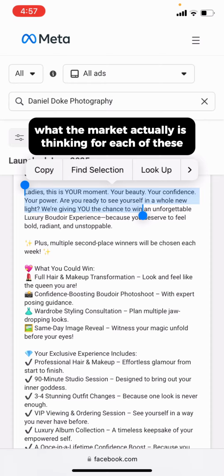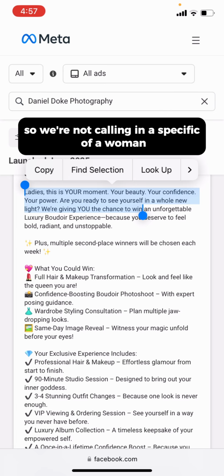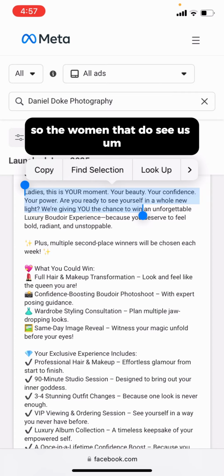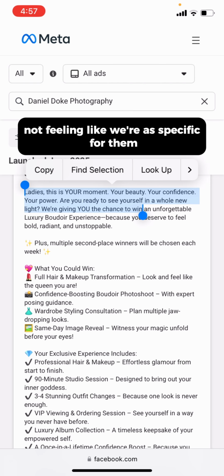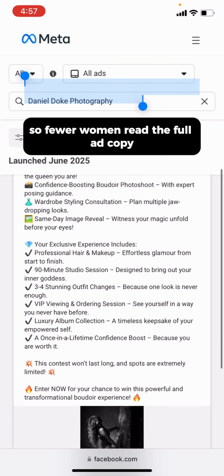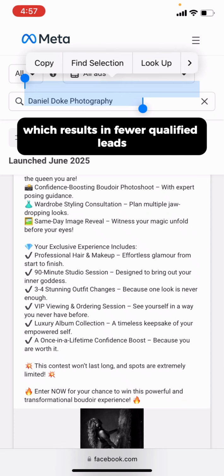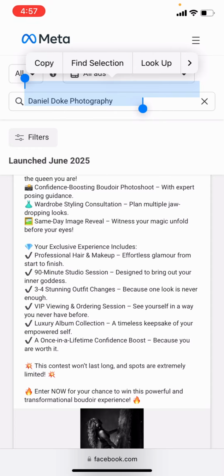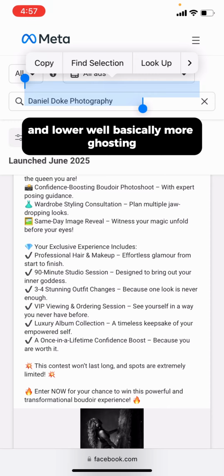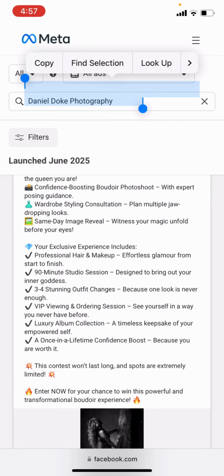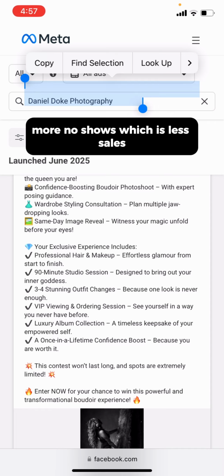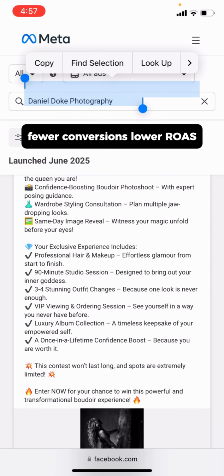The data tells us what the market actually is thinking for each of these. So if we're missing that, we're not calling in as specific of a woman. So the women that do see us are not feeling like we're as specific for them. So fewer women read the full ad copy, fewer women become pre-qualified, which results in fewer qualified leads, fewer qualified appointments, and basically more ghosting, more price hunters, more price objections, more no-shows, which is less sales, less revenue, fewer conversions, lower